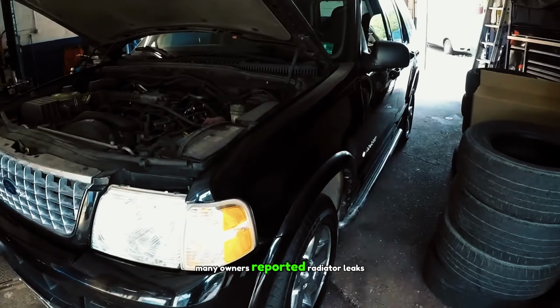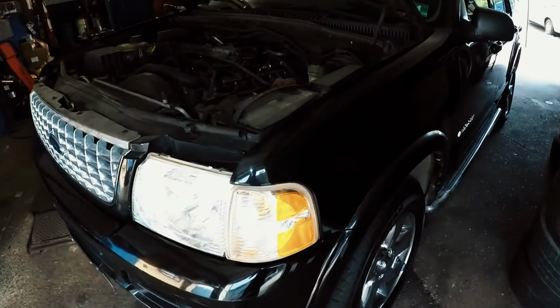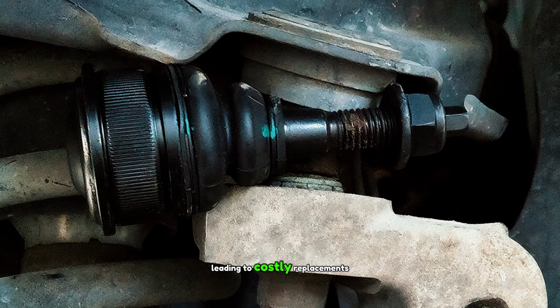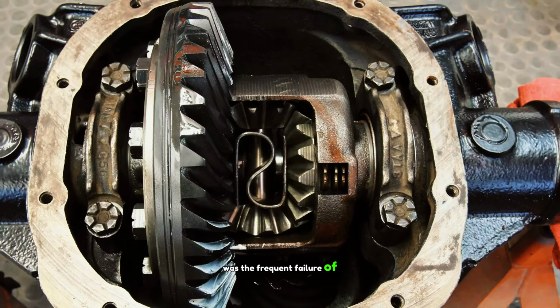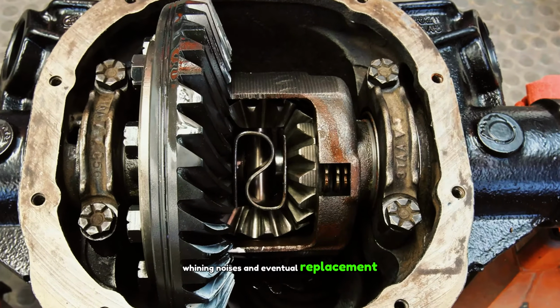Many owners reported radiator leaks that led to overheating and potential engine damage. Additionally, the 2005 model had significant suspension issues, with premature ball joint and control arm failures leading to costly replacements. Another major issue was the frequent failure of the rear differential, which led to loud whining noises and eventual replacement